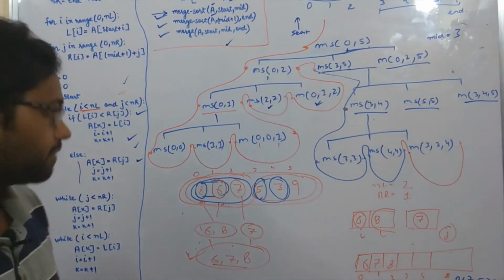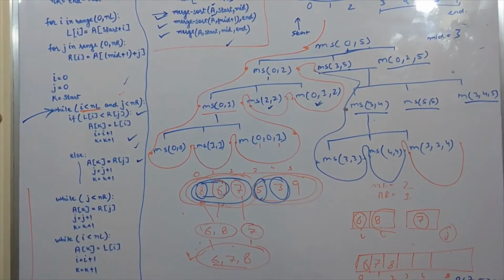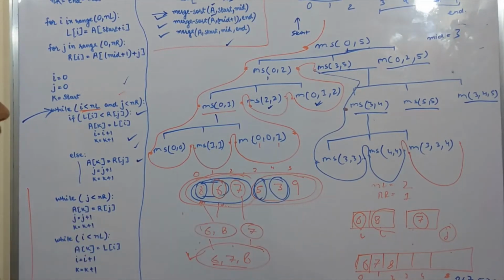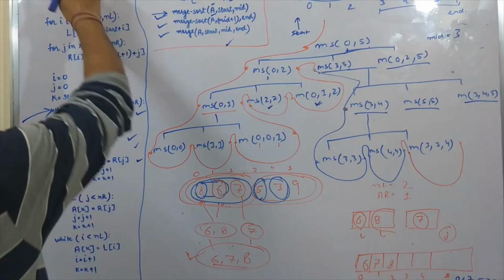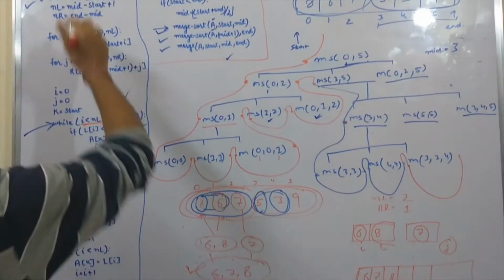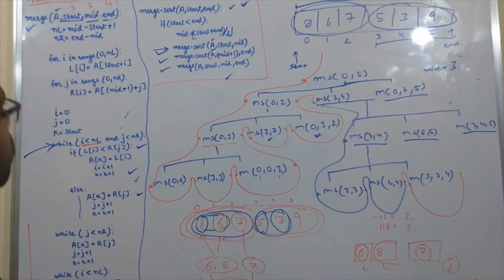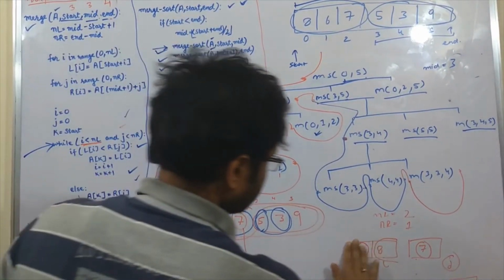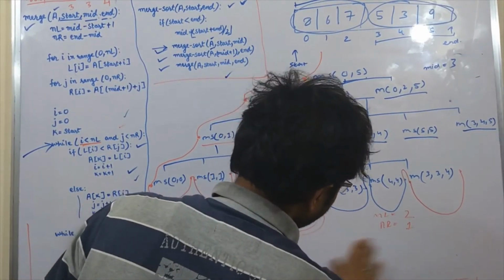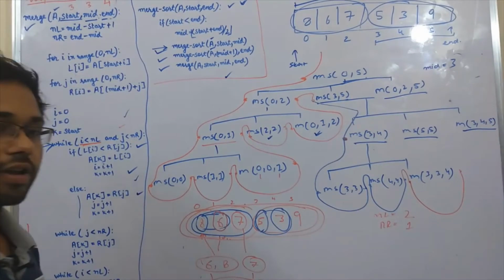I will just give you another example of how to sort these arrays. So what are the values? 3, 3, 4. Now I will change the values here, and I will say it is 3, 3 and 4. Now we will again calculate the NL and NR values, and we will see how the procedure is working.